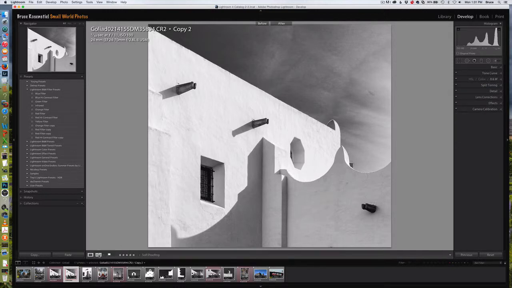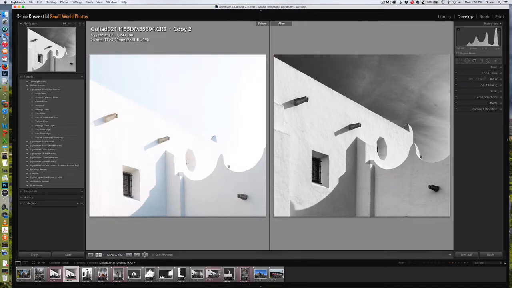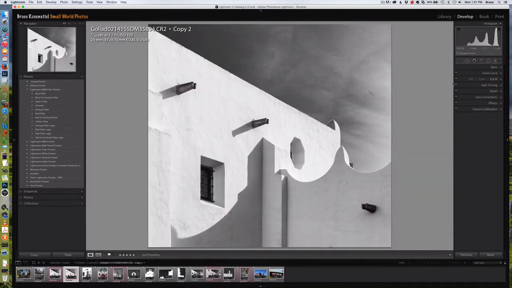I can do a comparison here as well, so you can see this is where we started, this is where we are now. Much more interesting and dynamic and dramatic image than it was previously. Go back to the single. I can just click right here. I do have a spot that I need to remove, so I'll just drag that here and get rid of